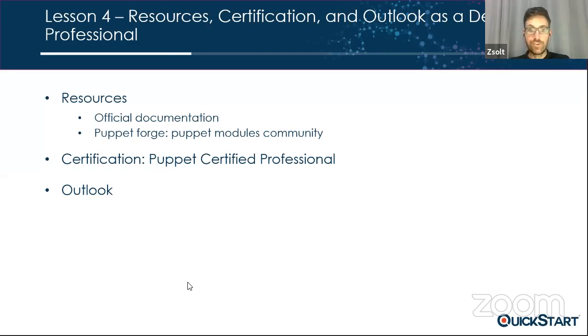And if you want to go further, you can be a Puppet certified professional. This means that you take the Puppet certification. You don't have to take a Puppet course for that. You can, but you don't have to. The certified professional is something that will be with you throughout your career. You don't have to renew this certification. However, the certification only ensures that you are certified for a given Puppet version, so this is not transferable to a newer Puppet version.